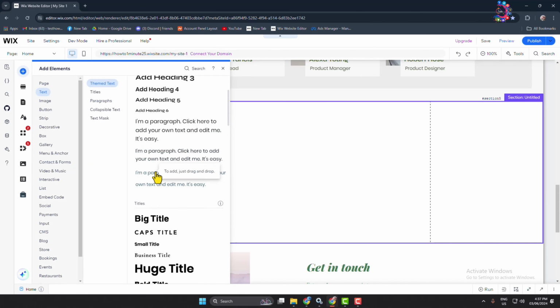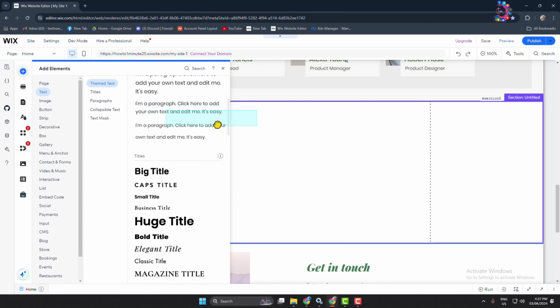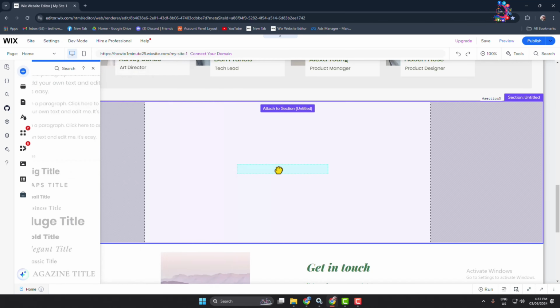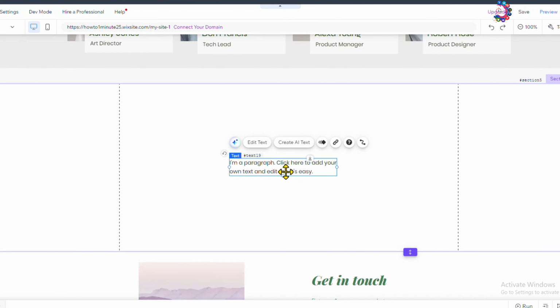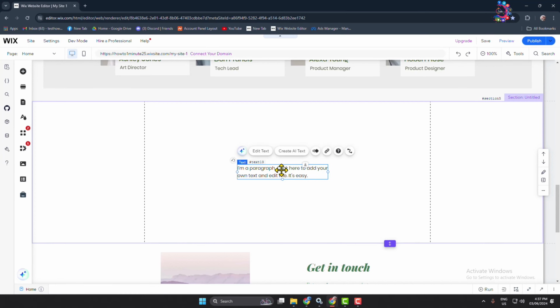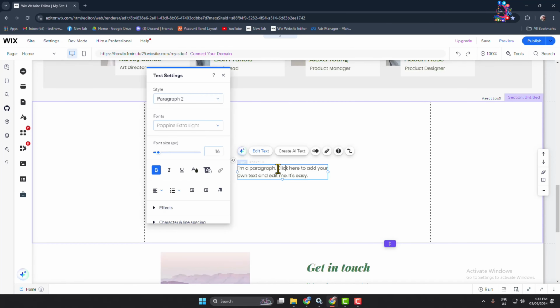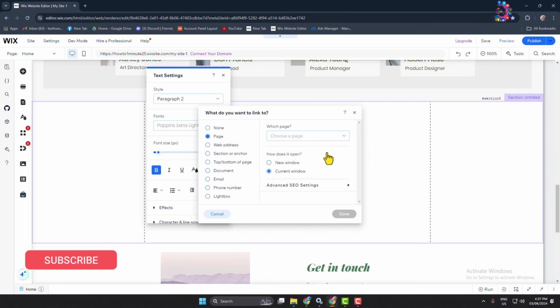And now let's add a paragraph here. And now to link your affiliate with any word, just select the word, so select the word first. So I'm selecting here, click here, and then click on this link icon, and here you have to select web